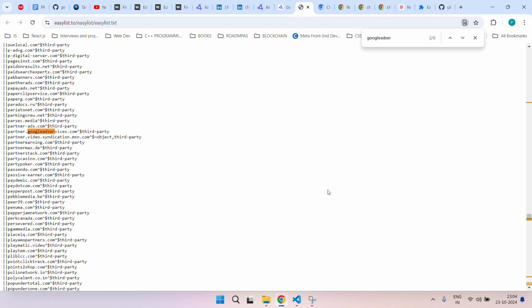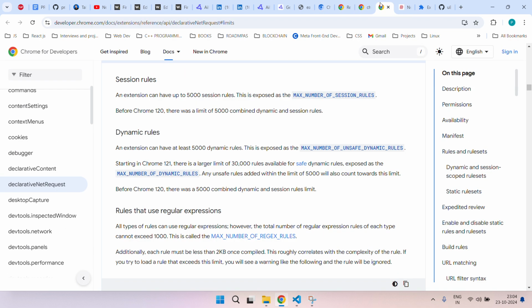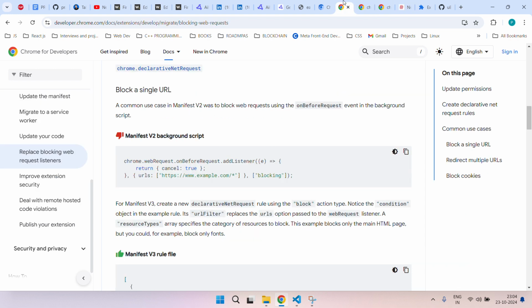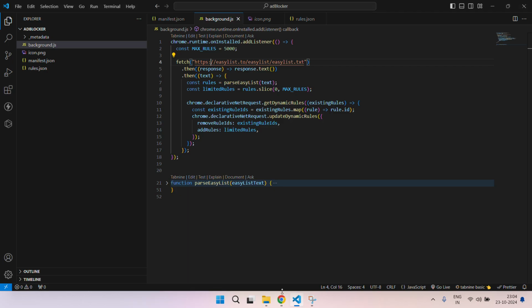for Chrome extensions, because as I mentioned, there is a limit of only 5,000. Chrome has basically said there's a limit of 5,000 dynamic rules. You can only add 5,000, the max number of unsafe dynamic rules. But since we have lakhs of domains here, what I will do is have this const MAX_RULES of 5,000, and then I will